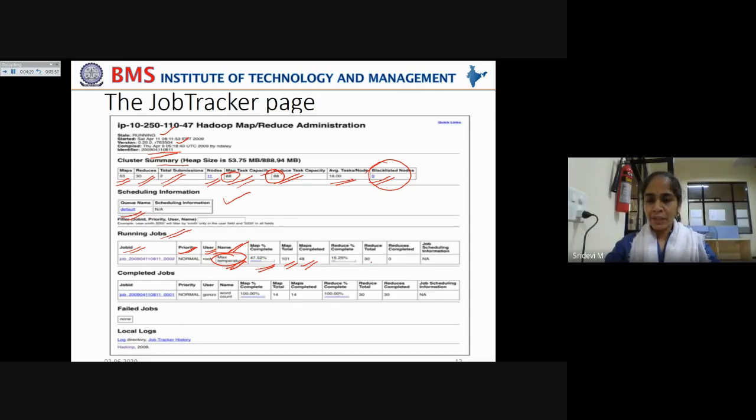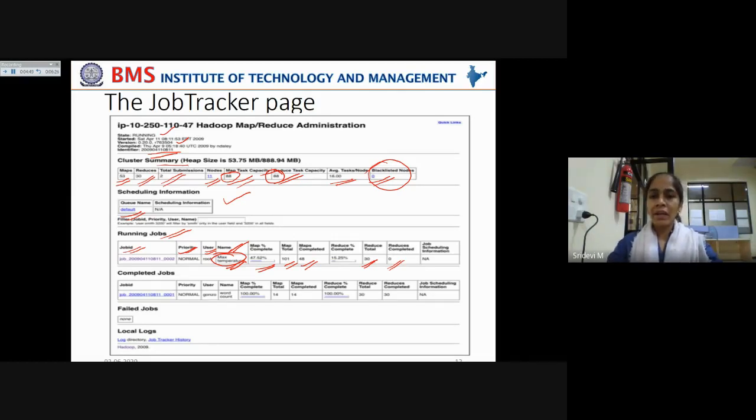And even the reduce total is 30 and reduces still didn't complete, because maps have to complete up to some extent in order to start the reduce task, not completely. Map need not completely finish its task, but if the map tasks are completed up to some extent, they can start providing input to the reduce task, and reduce can initiate its execution.